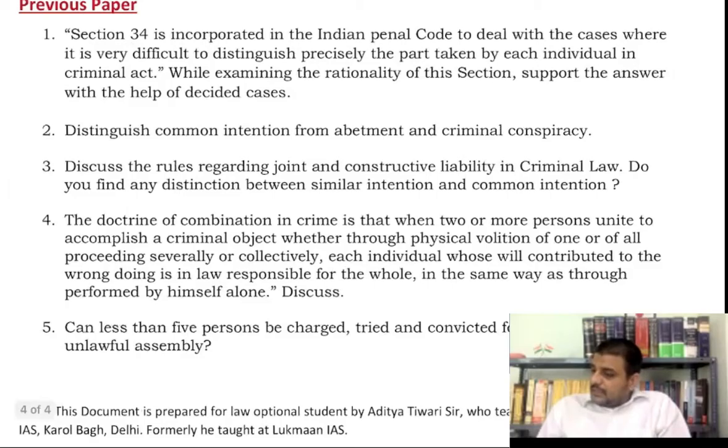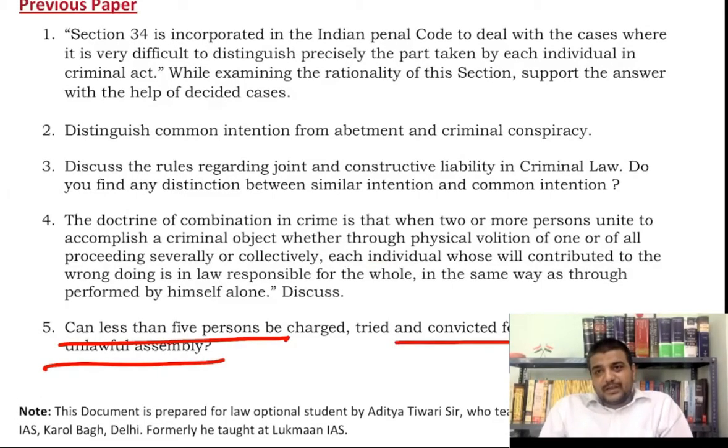Can less than 5 people be charged and convicted for the offense of unlawful assembly? This is the one question I will discuss here. Only you will understand. Five persons are required. Now those five need not be apprehended by the police, if the scheme of that particular crime suggests that there were more than five,